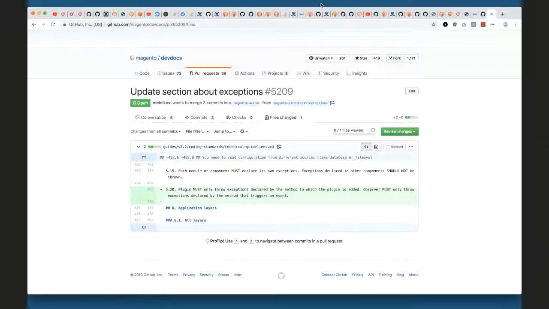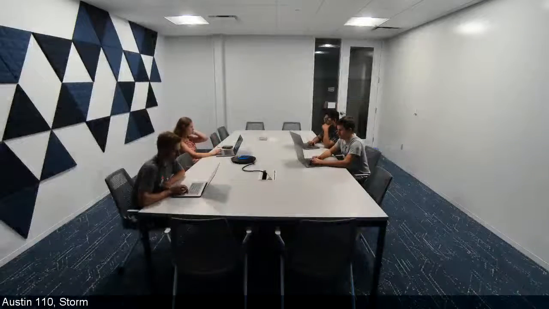Okay. So the next topic, I don't really have anything to share for it, but I want to discuss adding API annotation to classes and interfaces in the patch releases. The issue with adding API annotation in the patch releases is that, well, there are two issues. One issue is